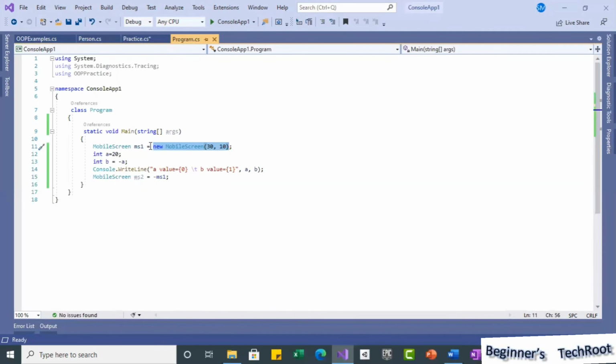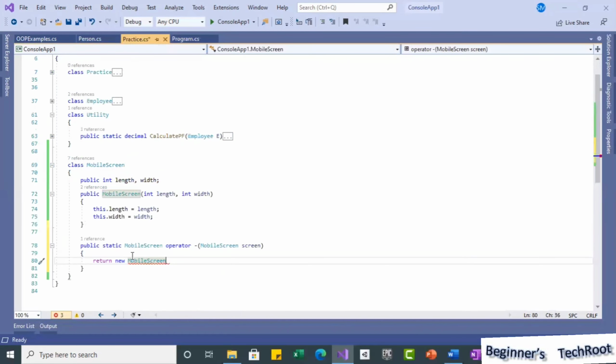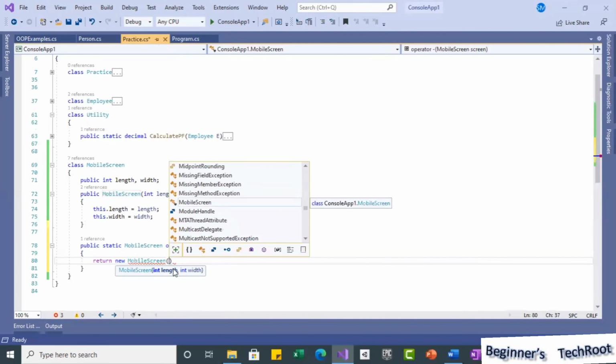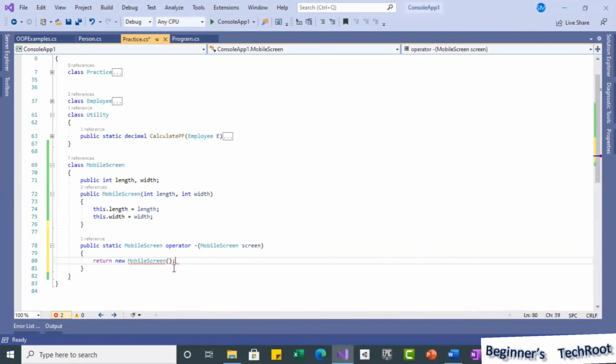So suppose I don't want to assign to any variable. If I want to create the object, this is usually how we create the object, but here we are creating the object and assigning it to this. In the same way here, I don't want to assign it to any variable. I want to create the object and return that straight. So that is the reason you can use this way to avoid multiple statements as well as